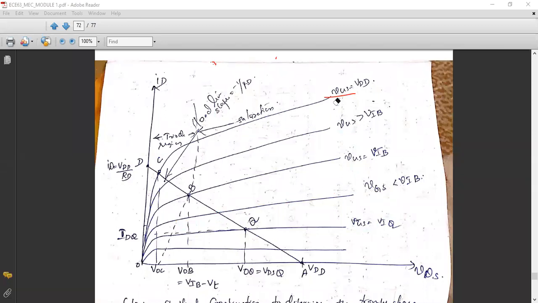And now why is the graph shifting upwards? If VGS is increased, your drain current also increases. Can you explain why? If VGS becomes more positive, your drain current increases, and that is why the graph is shifting upward. So this indicates a higher value of VGS from bottom to top. So this is the maximum VGS. If VGS is maximum, you can expect a very large drain current through the MOSFET, and you know the reason why.